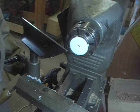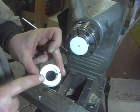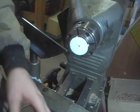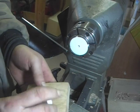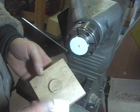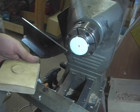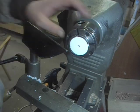Now, the other thing is, with any of these, you can make 2 different sizes on one insert. You make that size and that size. And this size I think is a bit small for that one, but I've got another one here, this one here I think is about perfect size for that. When that squeezes in, it grabs that. So you can make 2 sizes on each one, so if you have half a dozen, you'll have 12 different sizes depending on the size of foot that you want. Okay, so what I do is I put this in here,